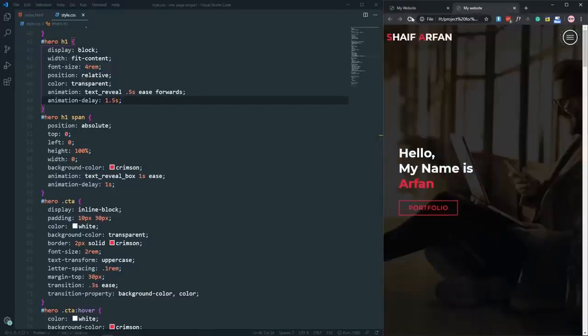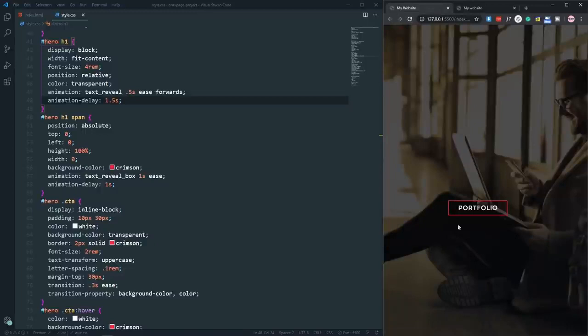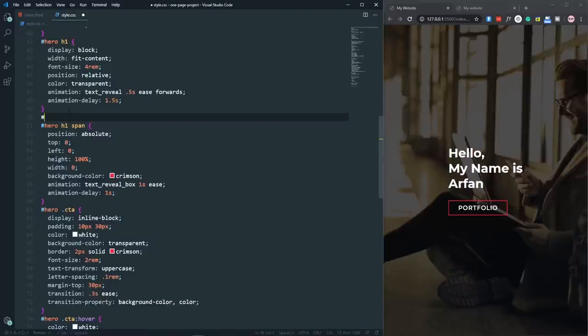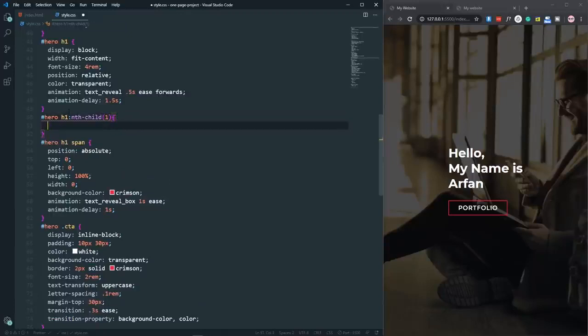The last thing we need is to make it sequential. First we will have this hello, second we will have this, thirdly we will animate our name. So how can we make this animation sequential? For that we need to select our h1 separately 3 times. So here, first of all, let's come to the h1 and select separately. So hero h1, nth child, the first one which is our hello. Let's say that animation delay will be 1 second or 1.5 second,